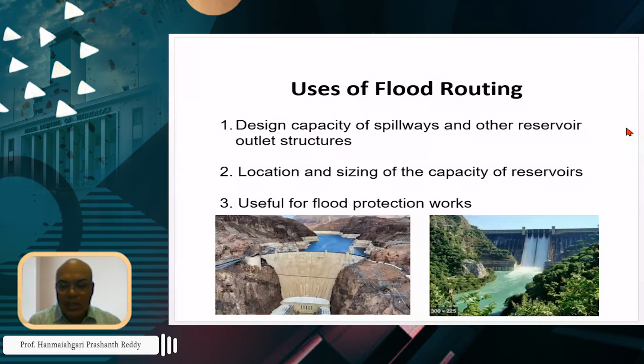Okay, so from that we can see what is the peak flow rate, and so to alleviate the flood, we have to decrease the peak. So for that, we have to do some construction things over there. We need to construct a small reservoir there, or we need to construct side walls for that river, so that river goes within that channel, etc. So this flood routing is important for designing flood protection works and sizing of spillways and reservoirs.